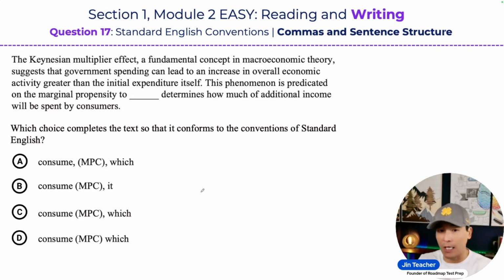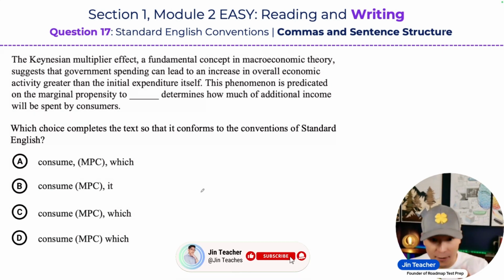I'll make that in a separate video. But today I'll share with you guys maybe 2 or 3 comma rule mistakes that I see students make. And I'll show you guys the kind of rules that you need to know to avoid making those comma mistakes on the SAT, okay? So taking a look at the answer choices here, you guys, first and foremost,